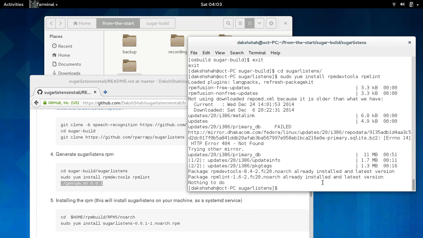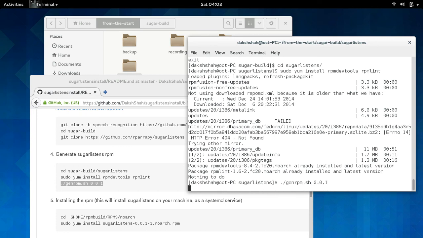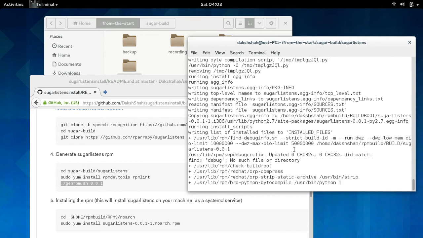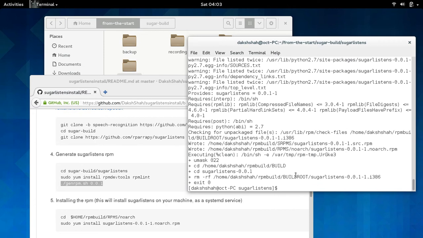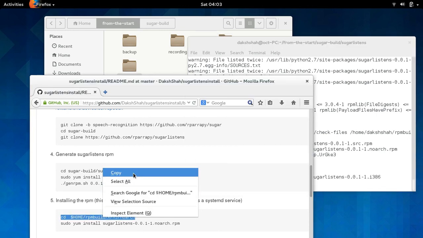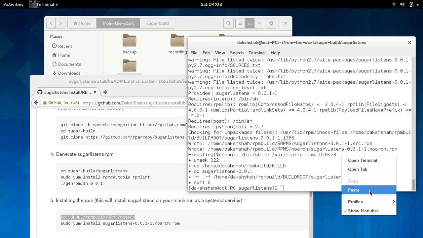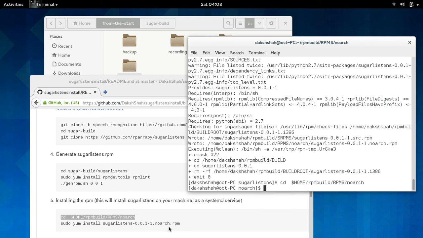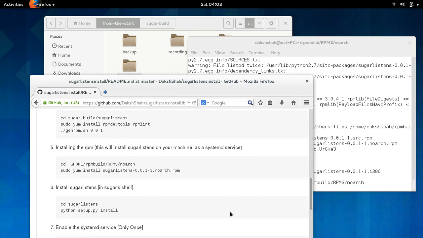After we have the dependency, we have to run this command to generate the RPM. Right over here is the version number of the RPM that we are going to generate. If this command completes successfully, it will generate the RPM under rpmbuild in your home. So now we have to redirect our terminal to there. After that we have to install the generated RPM, so we will go ahead and